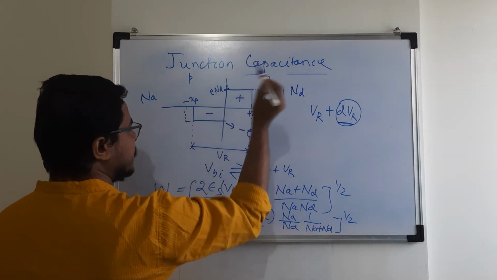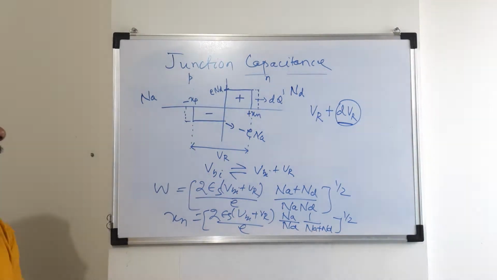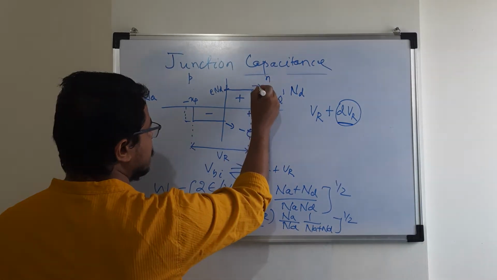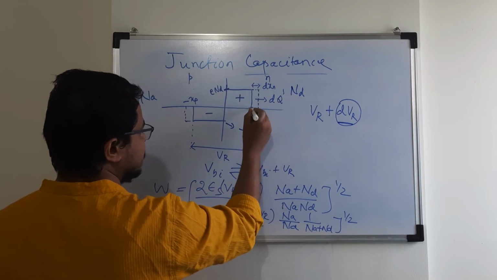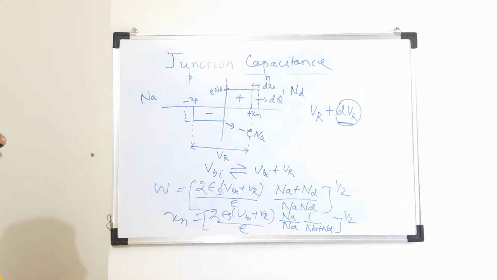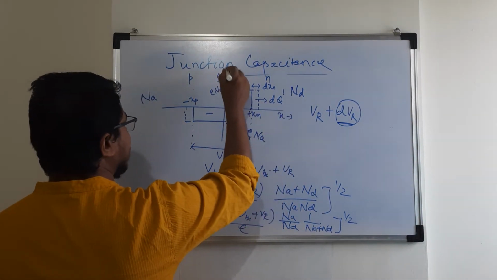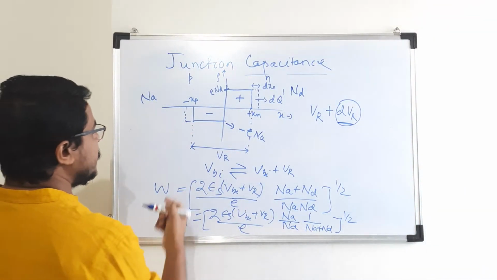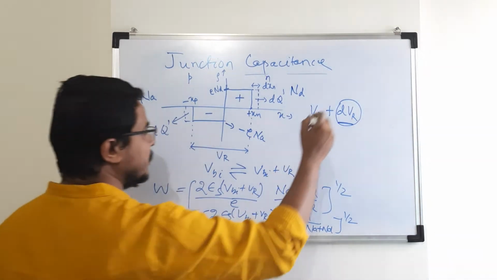So let us take that as dq dash. dq dash is nothing but the charge per unit area that is accumulated here in this small dimension. Let me take it as dxn, because xn is this, and with respect to xn there is a small change in the length. This is our x and this is our volume charge density, this graph. This is just the distribution. The same thing will happen here, dq dash amount of charge will be accumulated for dVR.